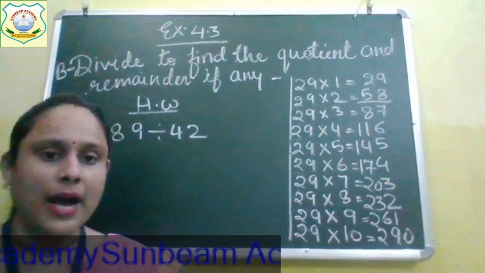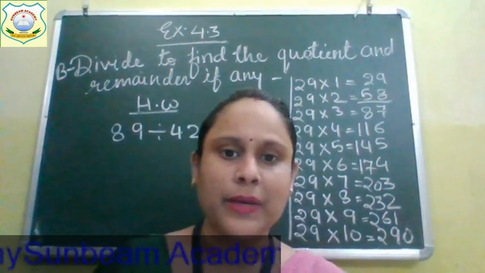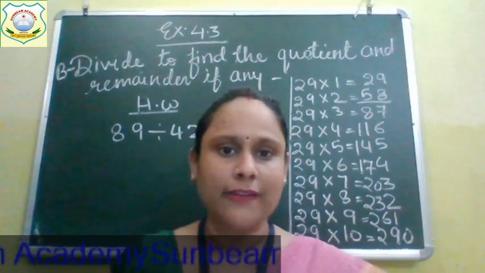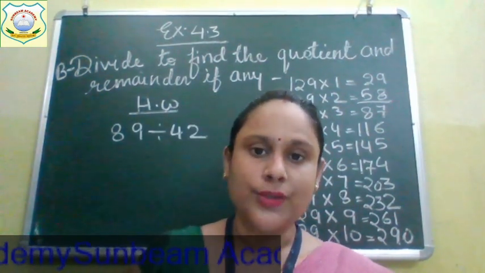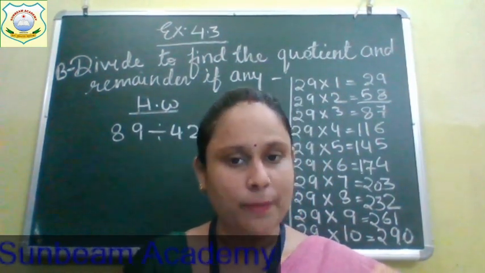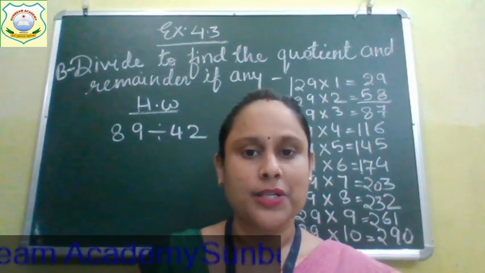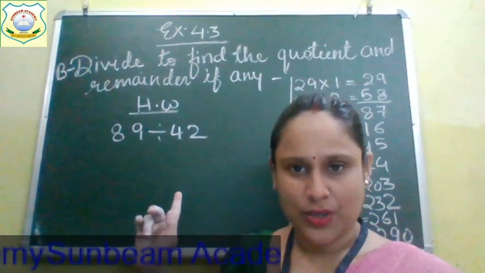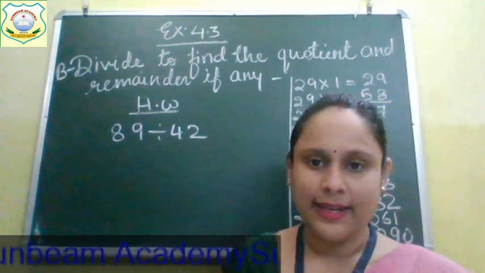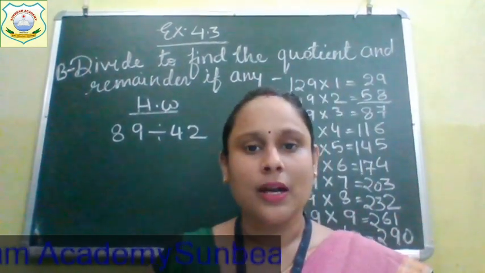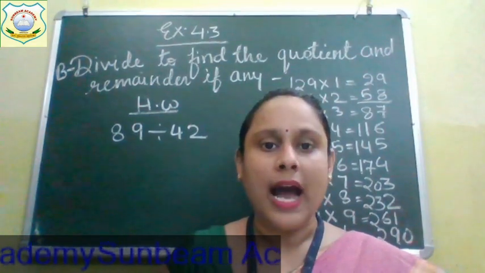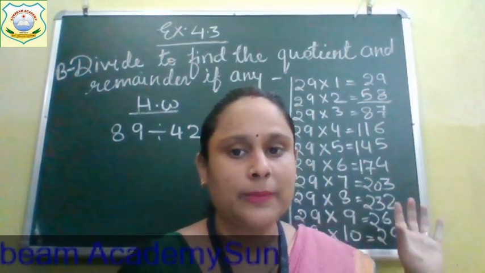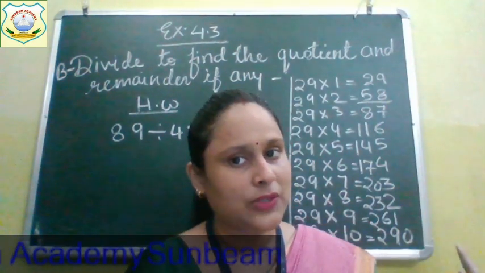So children, now I hope that you all have completed your classwork and you all have understood what you have to do in the homework. Okay, so there is a homework in your book also, mental math sums. Two questions I have given, and in question B, only one question. So children, complete it as your homework. I hope you all have understood today's topic, and by horizontal multiplication you can write the tables also.